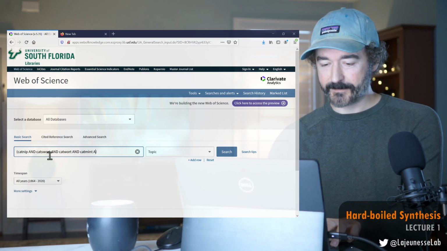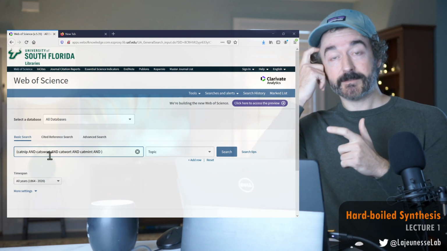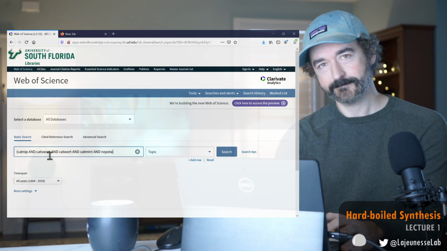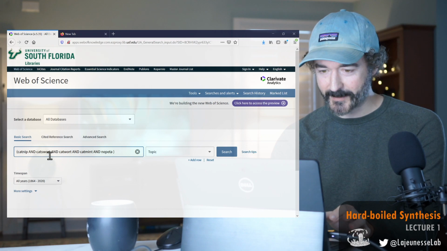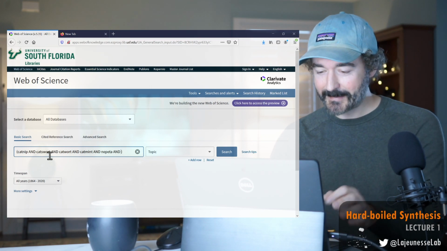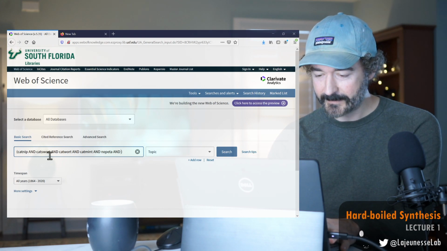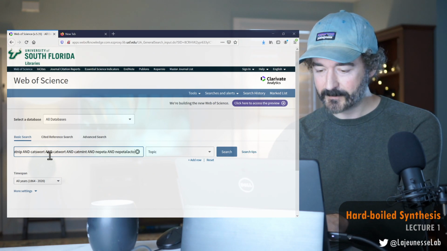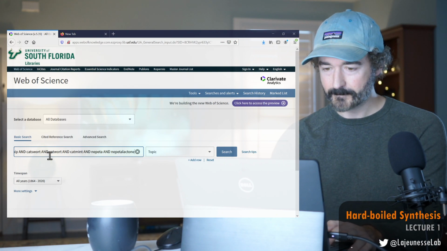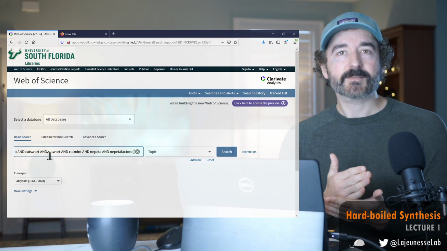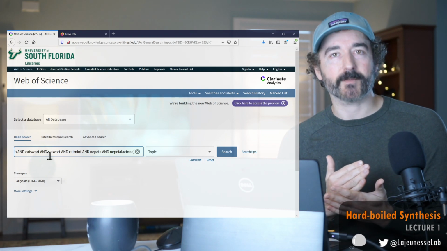And now I want to add the genus name to the search term, Nepeta. I'll figure out how to pronounce that at some point. And then finally, the chemical name, nepetalone, nepetalactone, sorry, nepetalactone. All right, so here I got the common names, genus, and chemical, the plant-derived compound from a plant.